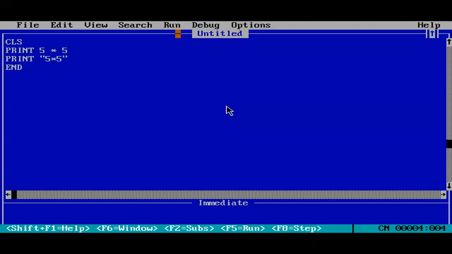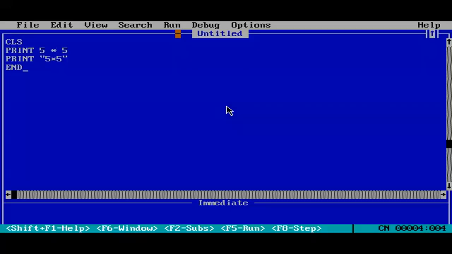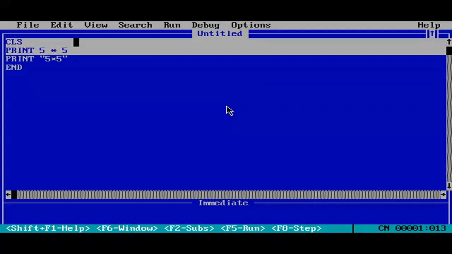And then end. Now, can you spot the difference in this? You know there's double quotations, but what will be the difference in the output? If I press F5, you notice the first result will be 25, while the second result will be 5 into 5. If you return back to the program screen, you'll see that 5 into 5 is not in double quotations.